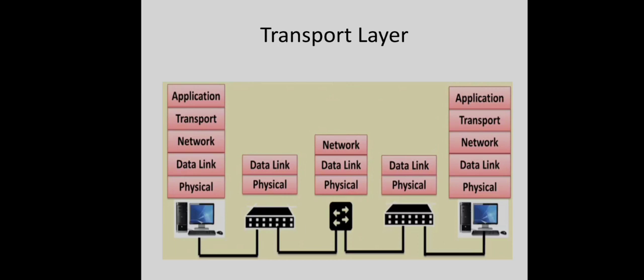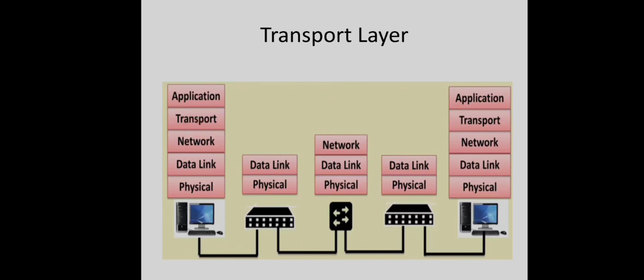So we can see that the end machines contain all the layers of the network software, whereas the interconnecting devices in between will have only a few layers depending on the type of device. In case of a bridge, we have only two layers, right? Now, as you remember, the network layer is responsible for end-to-end delivery, right? End-to-end delivery means from the sender machine to the receiver machine, the network layer is capable of forwarding the data packets, right? Then why do we need an extra layer to do the same function?